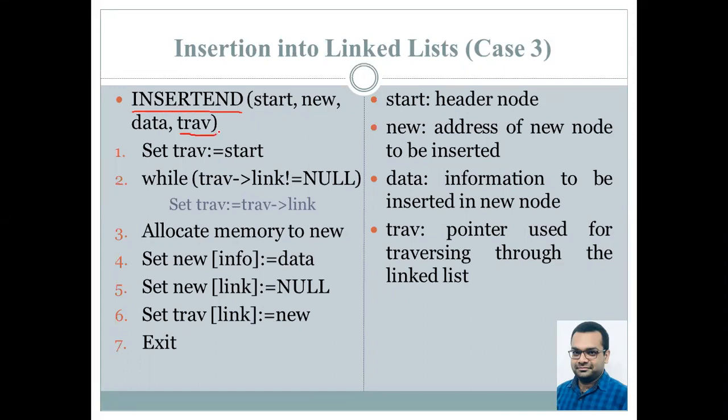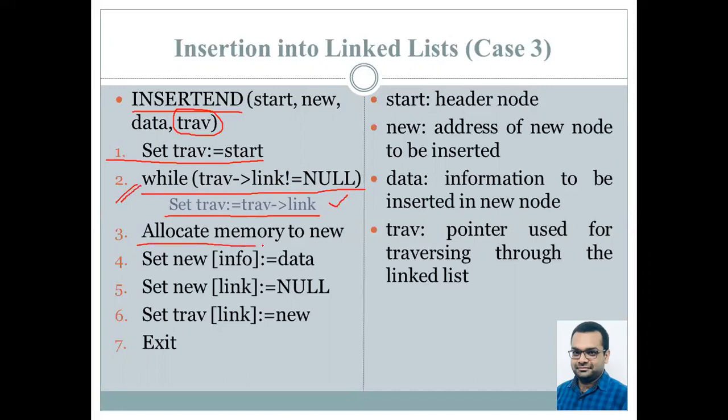So here, we have made use of a pointer called traversal. In the first step, we'll be initializing the traversal to the value of start, and we are going to continuously loop through our program such that the traversal link becomes null. As long as this value is not null, we have not reached the last node. Whenever this check fails, we have reached the last node. Till that time, we'll be setting the value of traversal to traversal link, which moves us ahead in the list. As soon as this condition becomes false, our program exits the while loop.